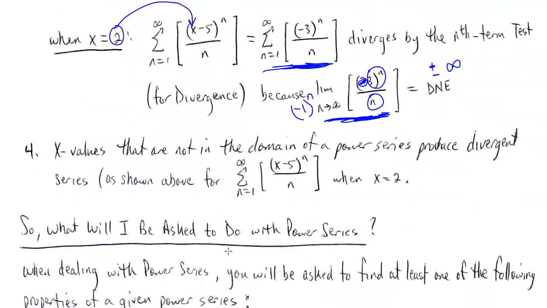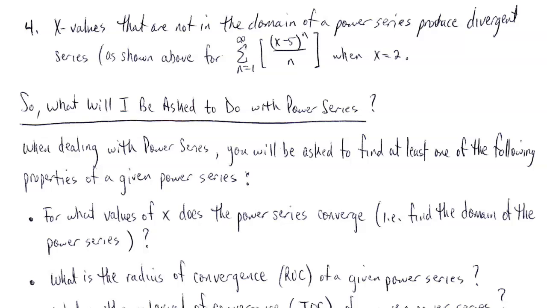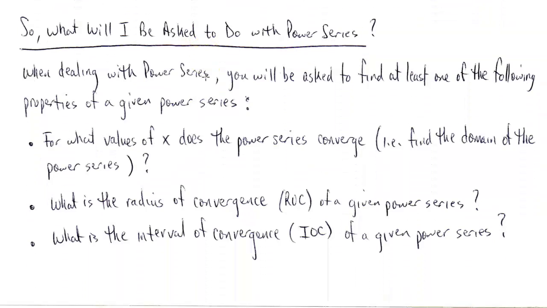So the last and final characteristic that we want to talk about right now is that the x values that are not in the domain of the power series produce divergent series, as shown. So here I'm just reiterating the fact that if the x values that you plug into the power series don't produce convergent infinite series, then that means that the x values aren't in the domain, and thus they're producing divergent series. Okay. All right,